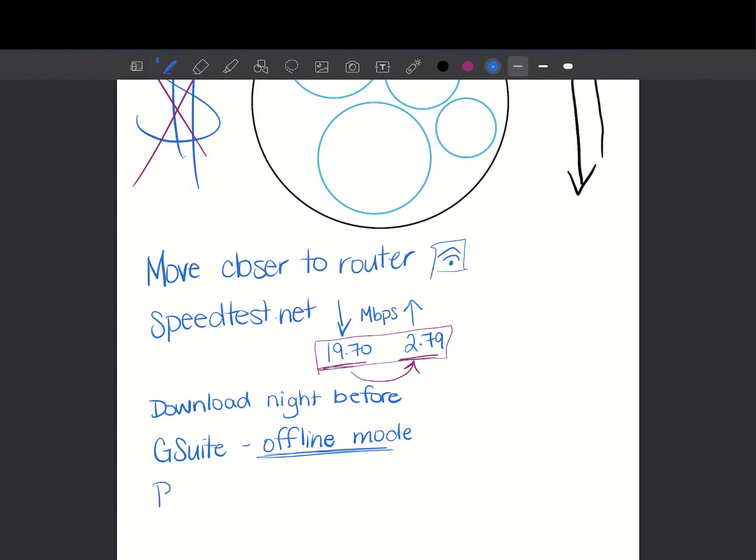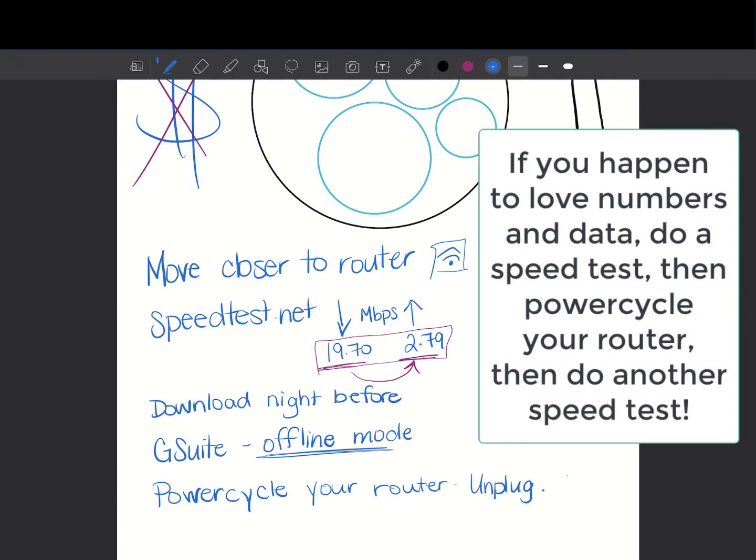Power cycle your router. That's not nearly as intimidating as it sounds when I say it. We've talked about the router already, and that's that little device that the internet service has brought into your house to put off the internet signal for you. By power cycle, all I mean is unplug it, count to 10, and then replug it in.